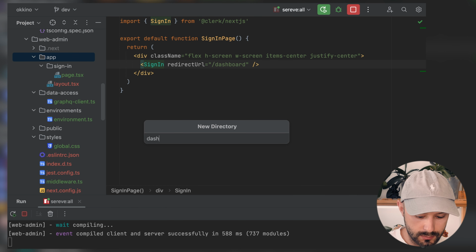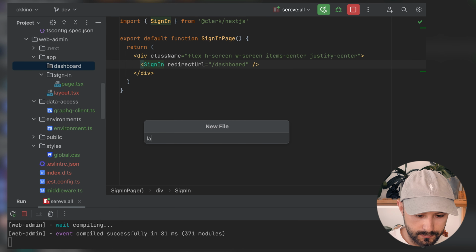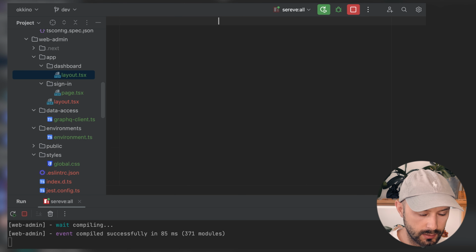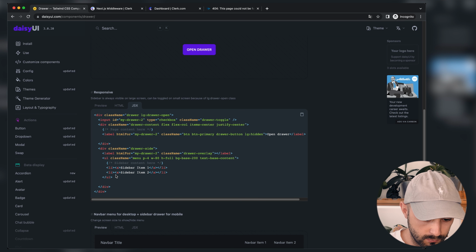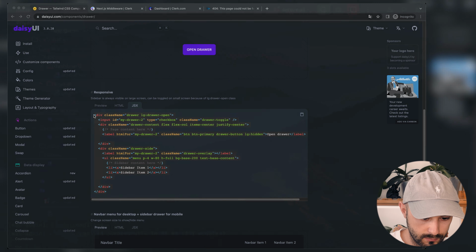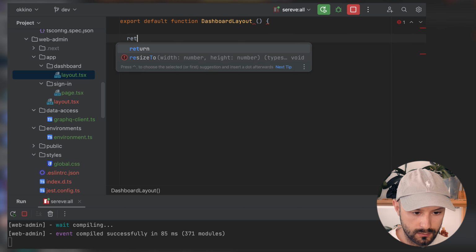New folder called dashboard, and inside we actually need layout.tsx, and layout will be something from the UI. We will use this responsive drawer for our dashboard. It will be the layout of our dashboard, and we will just copy styles from here and do default export default function, not SignInPage, but DashboardLayout, and return